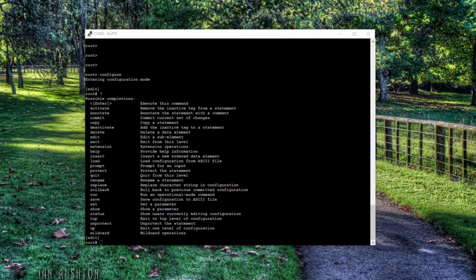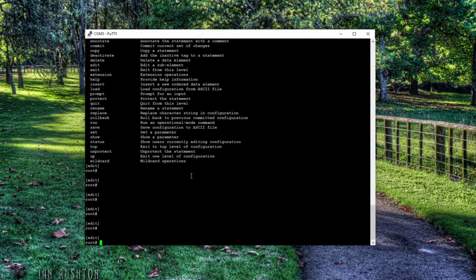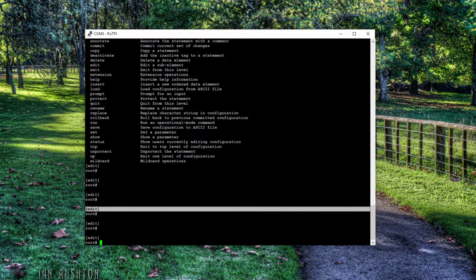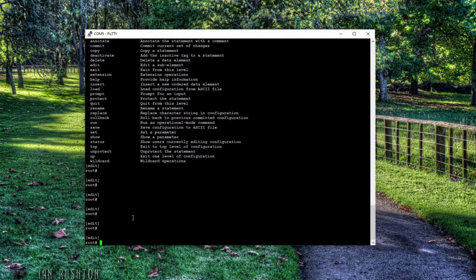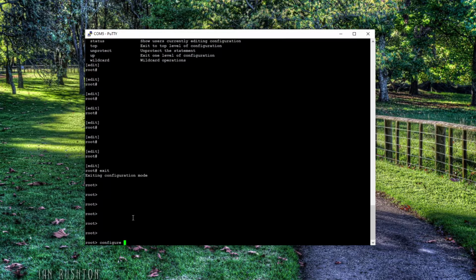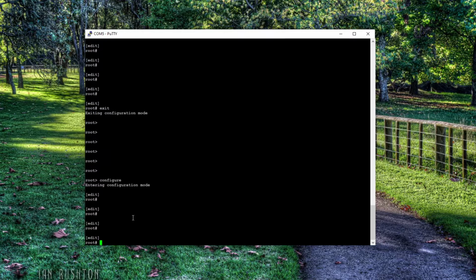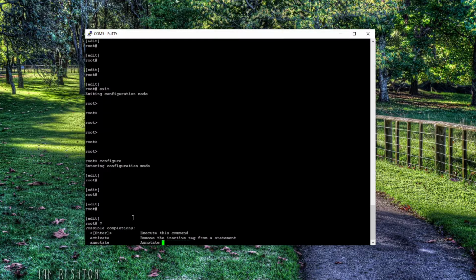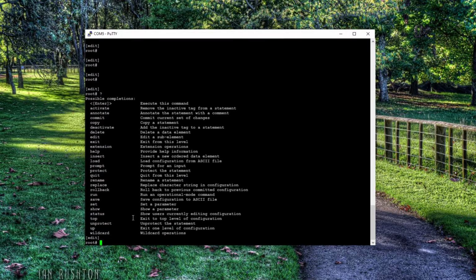Now, if you navigate through the configuration using the edit command, you will be dropped into different levels of the hierarchy. The way you know what level of the hierarchy you are in is the prompt. Right above the prompt, it tells you. So at this point, by default, when you enter configuration mode, you are at the edit level, which is the top level of the configuration. So again, if we leave, we go back in, you're in edit mode. Now, if you use the word edit and you drop into one of these other levels,